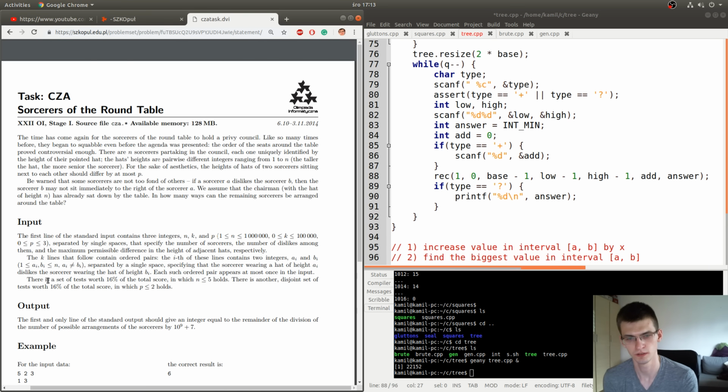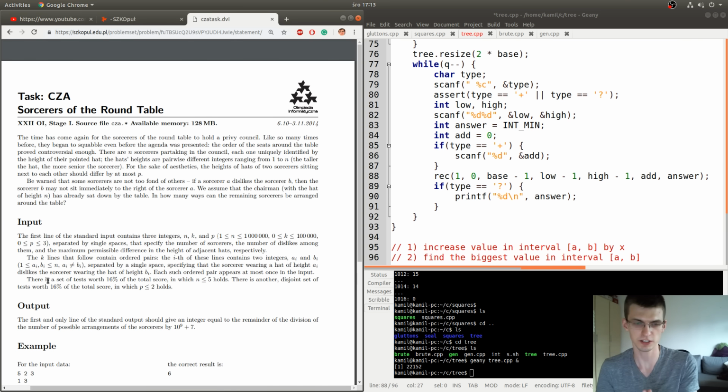So for sure it's an important number, and maybe for p equal to 1000 there will be no solution. Just to show you what happens for p equal to 1: every person's neighbors should differ by at most 1.